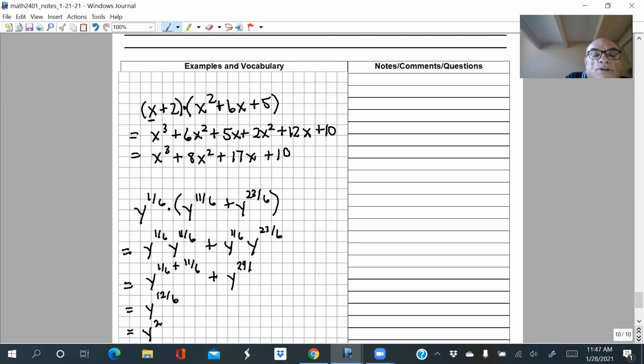to the 24 over 6. But that's a convenient fraction, 24 over 6, because 6 goes into 24 4 times, doesn't it? So y to the 24 over 6 is just y to the 4th power. And there's your result. It's just y squared plus y to the 4th. So that's it, okay? You can't simplify that any further by hand. You can't carry out any more arithmetic in this expression by hand. So there's your